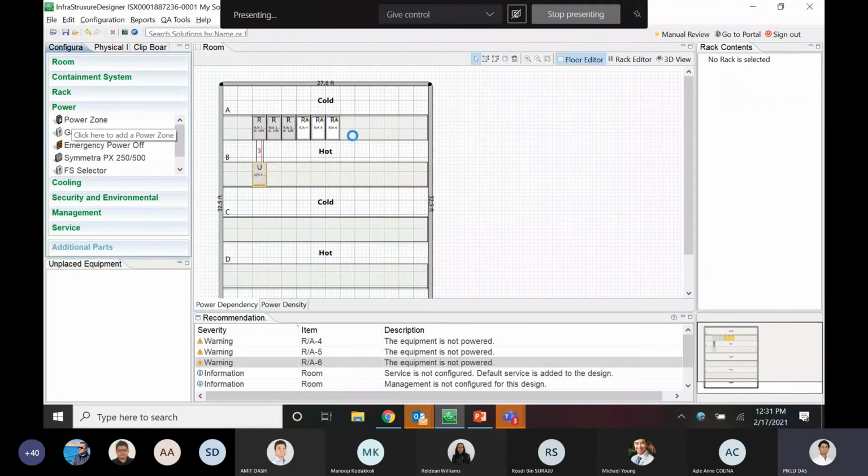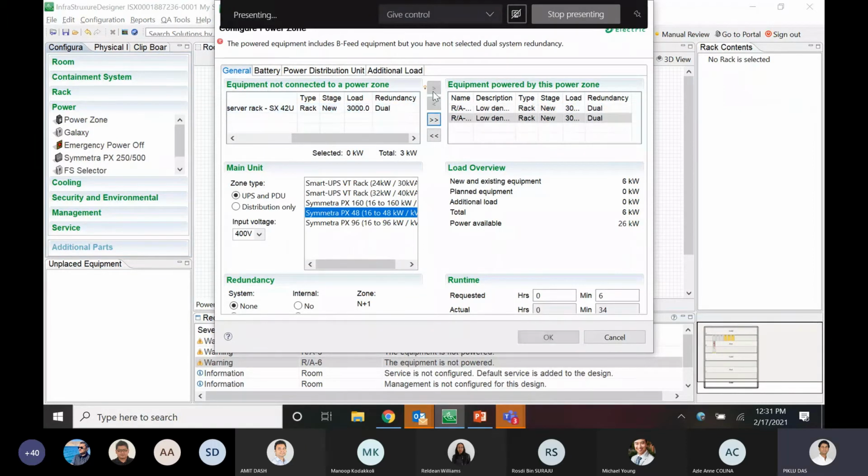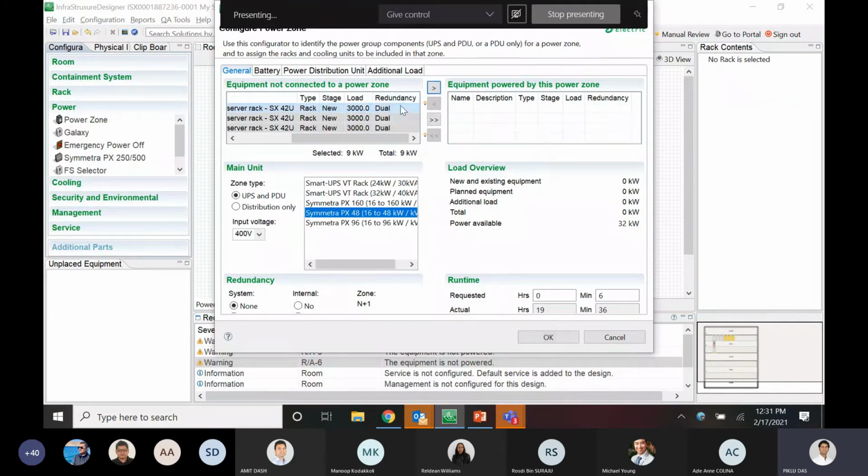So I'll click on power zone. And you can see here right now, since the single ones are already powered, you are not seeing them anymore in the power-to-be-connected list.